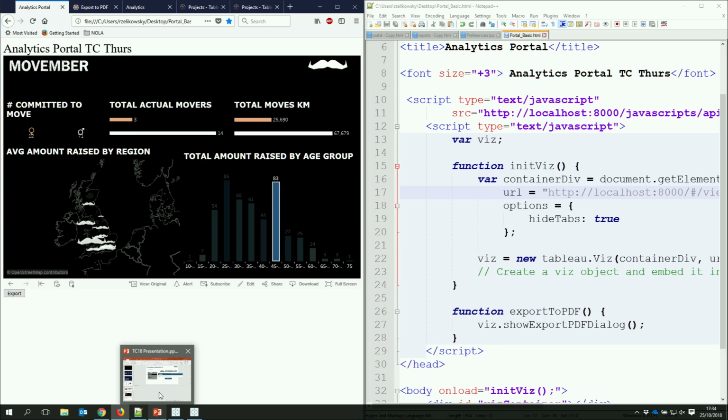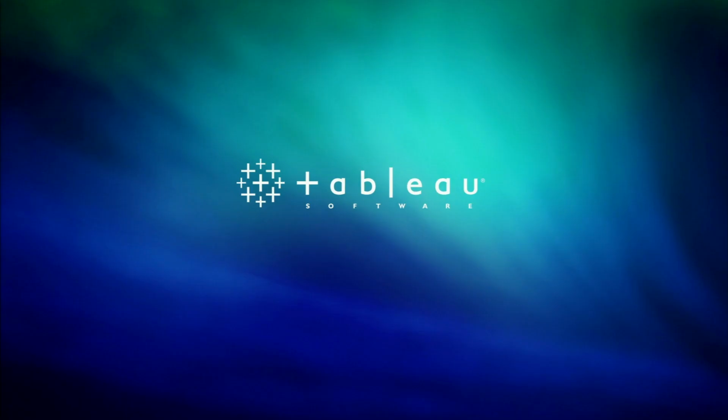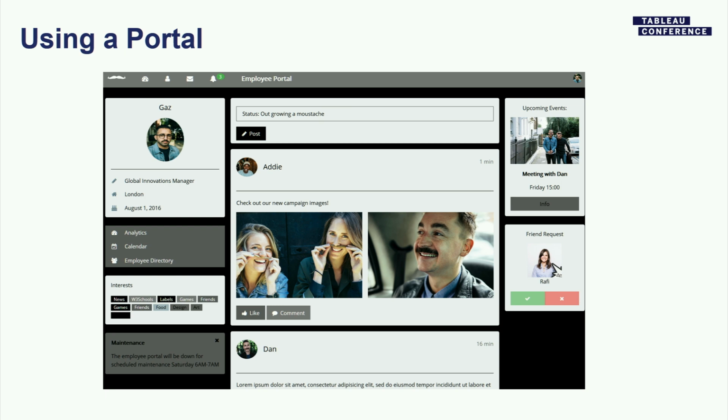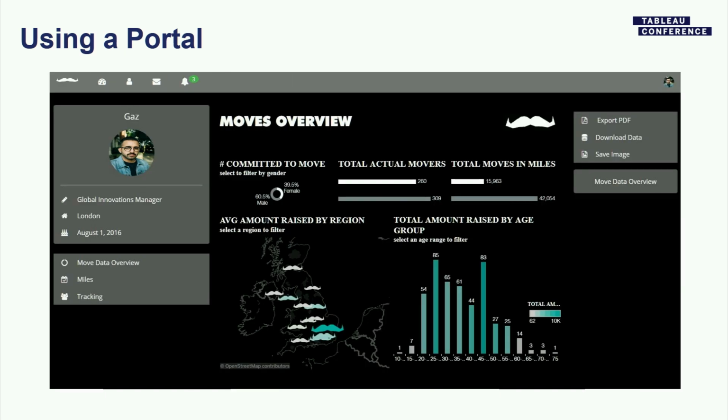Okay, so let's break down actually what we needed to be able to do that. So as we saw on the portal, this is where someone's going to get information. And the important element here is that when you're using this methodology, you still have to have your users enabled to access Tableau Server, right? So when I embedded the visualization in analytics, we already have Gaz as an approved user authenticated to Tableau Server. So again, if anyone wants to stay and talk about that afterwards, we can talk about the different methods for that, but I wanted to make it clear that this isn't a way to just put Tableau Server in front of everyone. They still need to be a user on the server.